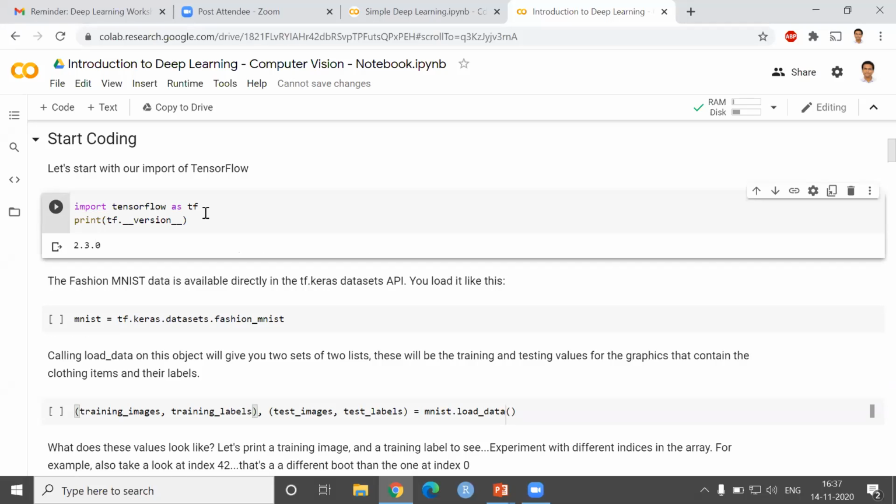Those of you who are curious to know which version of TensorFlow we are working with, we are working with 2.3.0, which is the latest version. Sometimes if you're working on your own system, you may not get the latest version, but since you're working on Google Collaboratory, this 2.3 version has already been integrated, and that's why you're able to work with the 2.3 version.